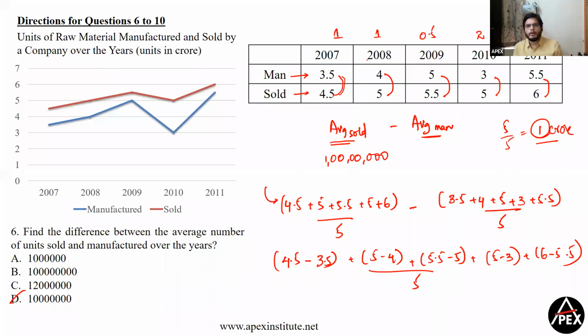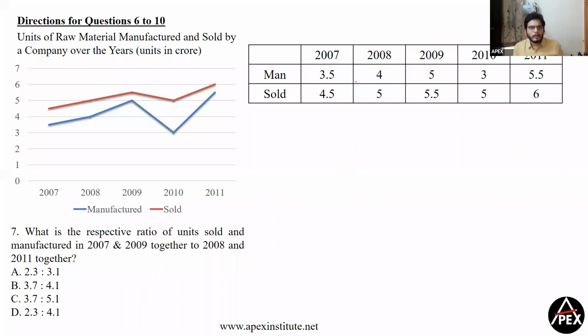No. Okay. Moving ahead. Now, what is the respective ratio of units sold and manufactured in 2007 and 2009 to units sold in 2008 and 2011? So the sum of units manufactured and sold in 2007: this is 3.5 plus 4.5, 8. This is 10.5. Now in 2008 it is 9, and in 2011,